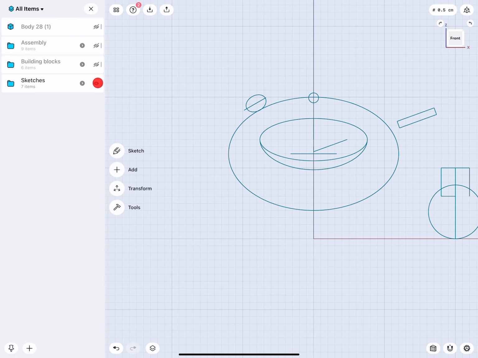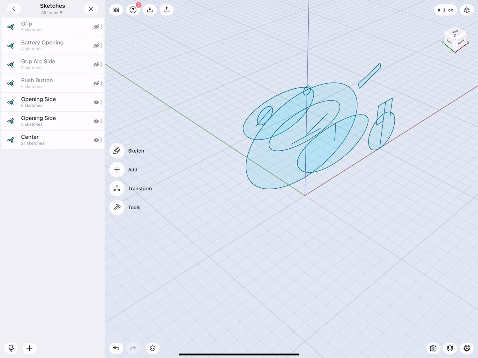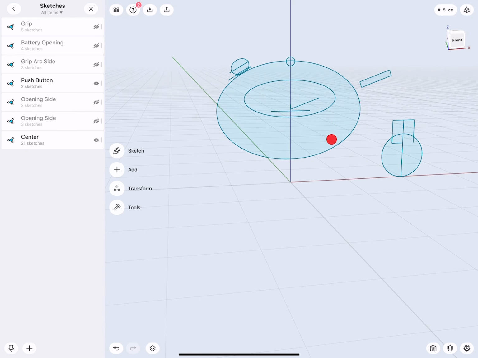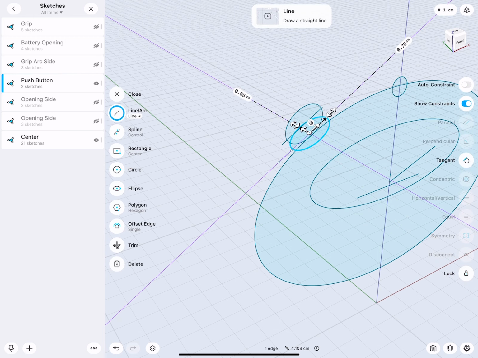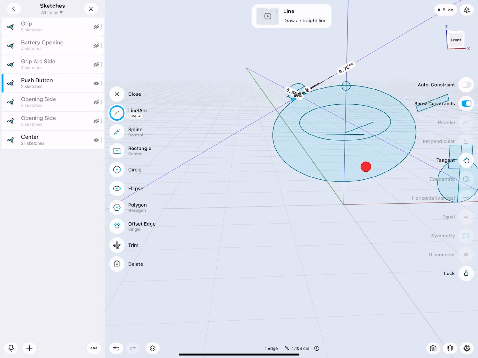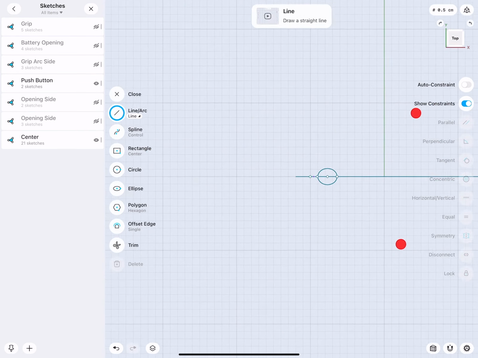Let's go to the next easy element. For example, that would be the push button. So I created another ellipse. How did I get that ellipse to there? Very easy. So went to top view.